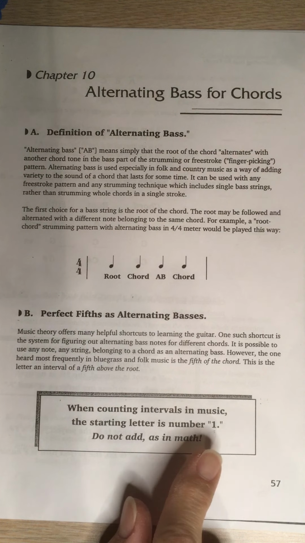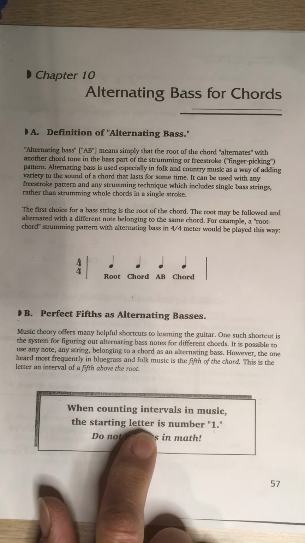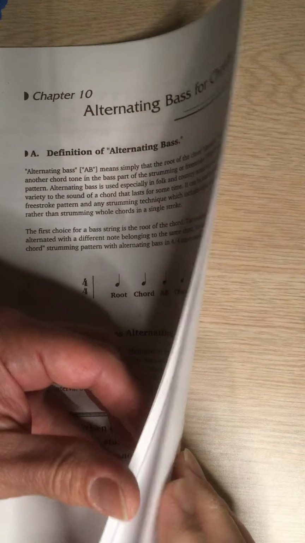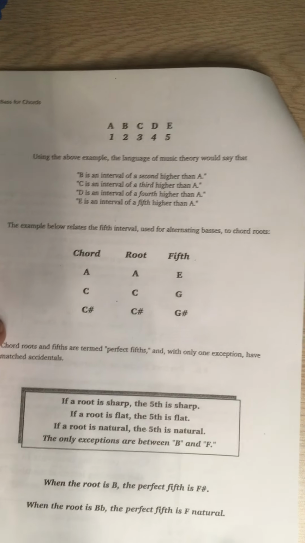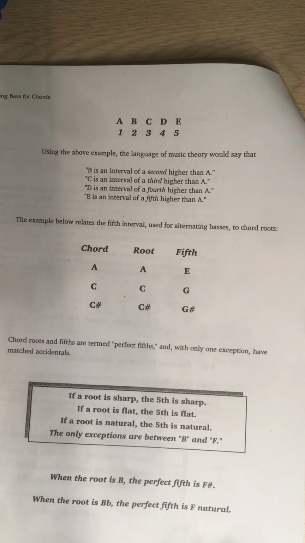So it says, when counting intervals in music, the starting letter of the chord name, that's what that means. The starting letter is always number 1. Do not add as you would in math. And by the way, you guys know the major scale pattern, which is whole, whole, half, whole, whole, whole, half. Again, that's something we're going to be using throughout the class, which means that I can